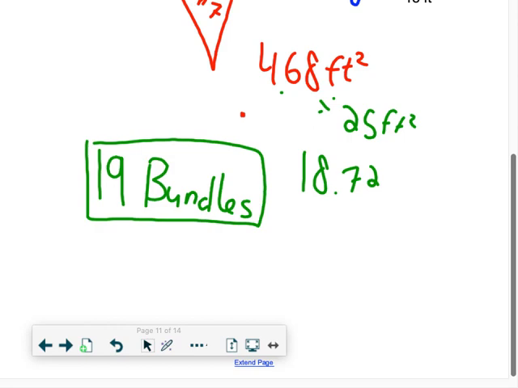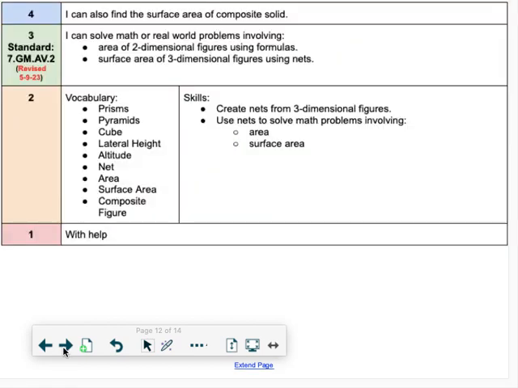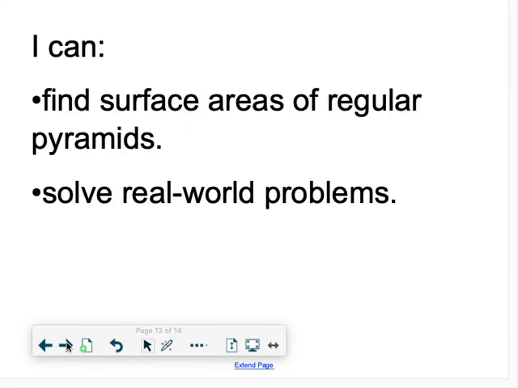That's taking surface area and using it in real life problems. So again, you can see solving real problems or math problems. We just did a real world problem, but we have to in our scale. It says solve using nets. So if it has just an answer, that does not work on our assessment. So that's what we're doing today. Finding the surface area of regular pyramids and solving real world